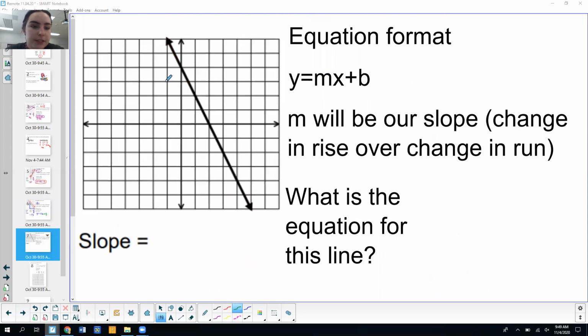All right, so this one's a little bit different because it doesn't have our little rise over run dots on it, or our little dashed line on it, but we can still find the slope, remember? So we need to find 2 points that intersect our line that also intersect the x and y axis at a perpendicular section. What I mean by that is this is not a good spot to put a dot,